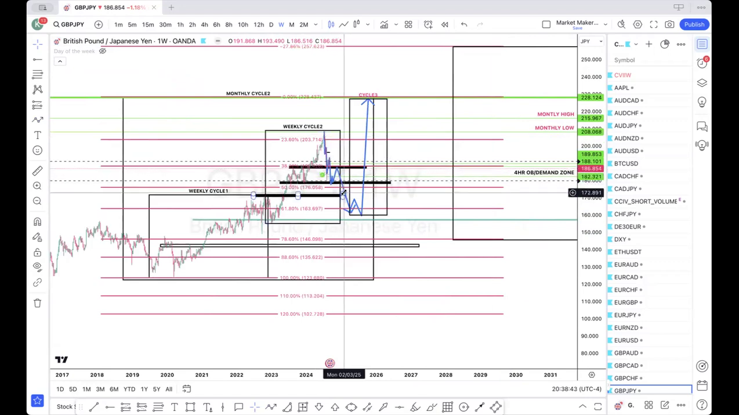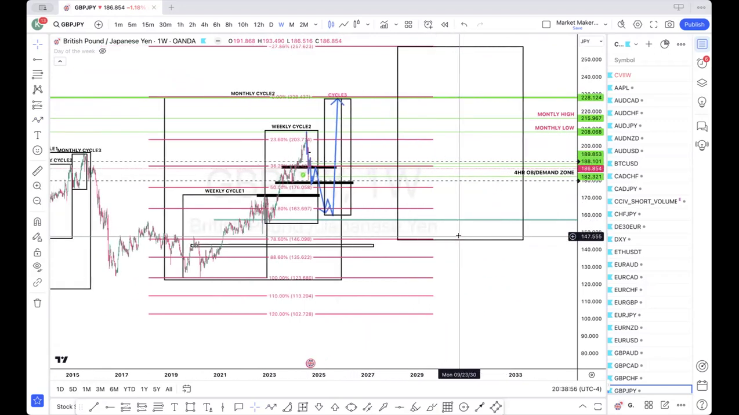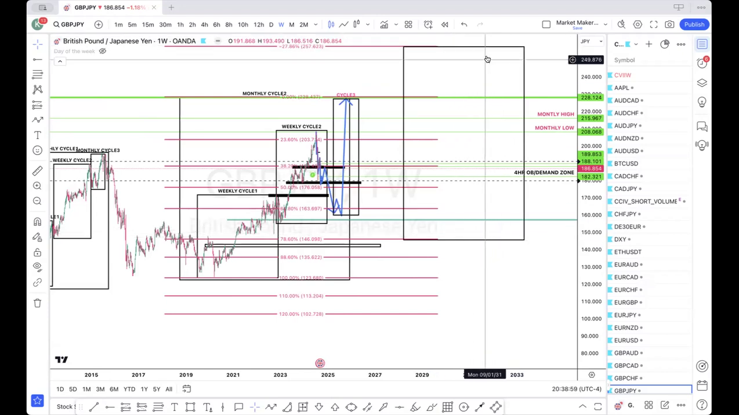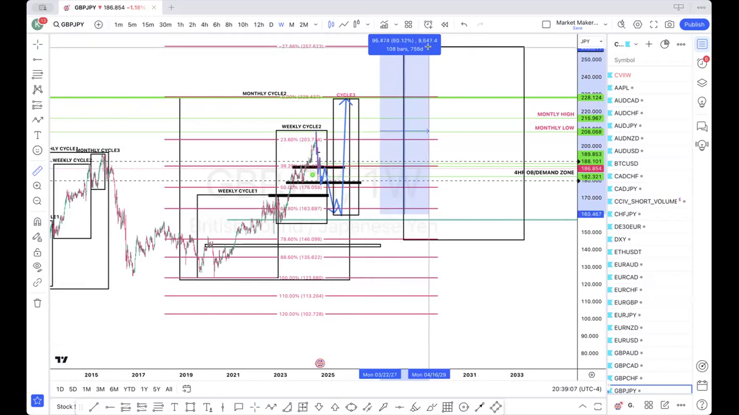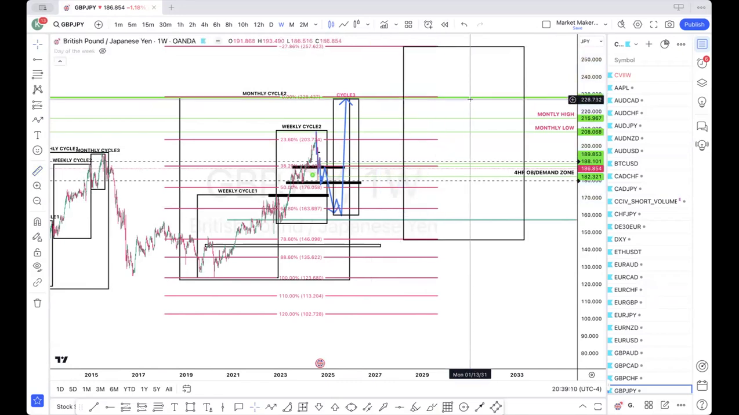So for us, that means we're going to get a great move down. We're going to get an exceptional move to the top side. And then we're going to get another bigger move to the downside. Now, of course, this is not going to happen by December, but